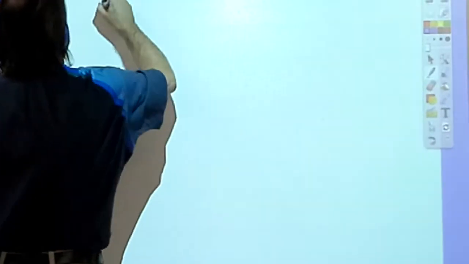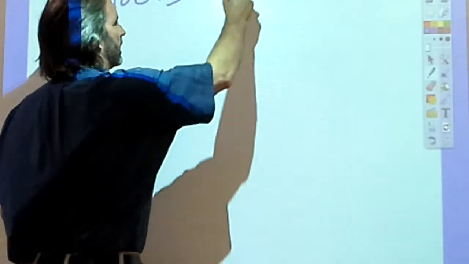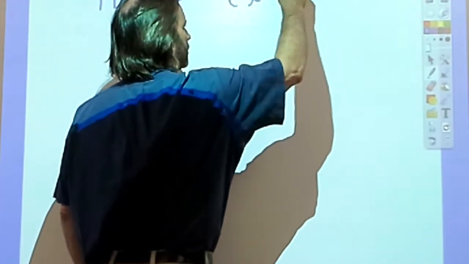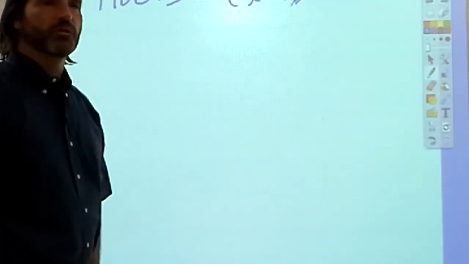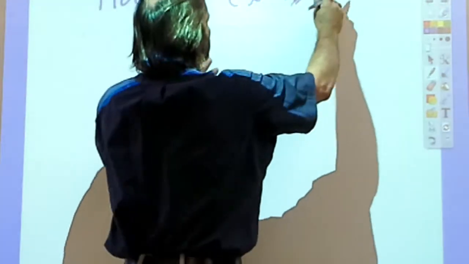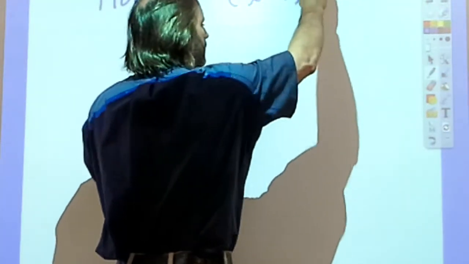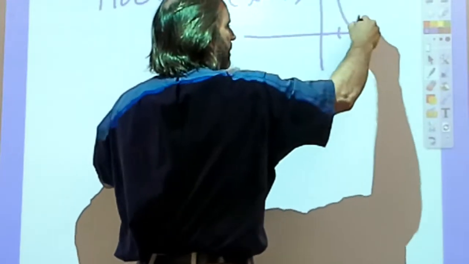Alright. Roots. Okay? That's your x-intercept. Remember, it's x minus your root, your 0, your x-intercept. Okay? Factor it out. Remember, if this is to an even power, if this is your x-intercept, it's going to bounce